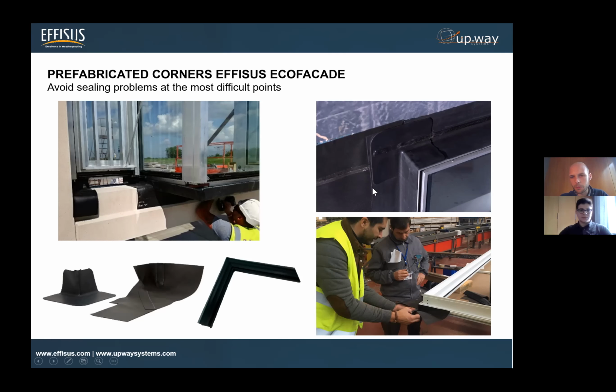Really, I think it's easy to understand that we have here a corner, a prefabricated corner, something that reached the site already with this shape. And why is this so important? As you can understand, if you have a very good membrane with, for instance, a clip-in gasket, and you're able to make a perfect connection with the window, perfect connection with the substrate, the concrete,